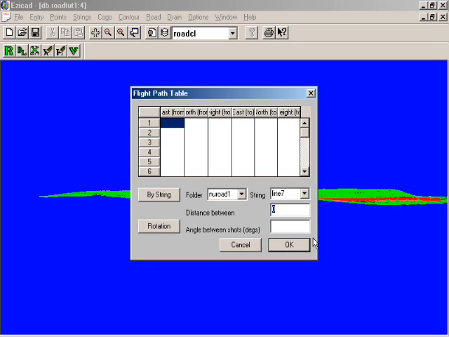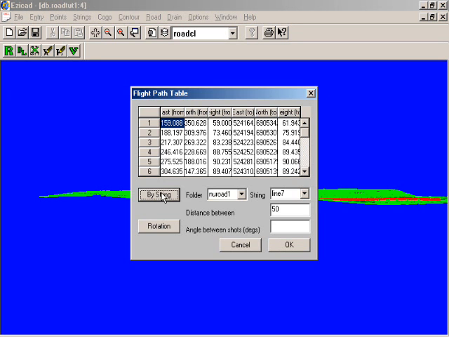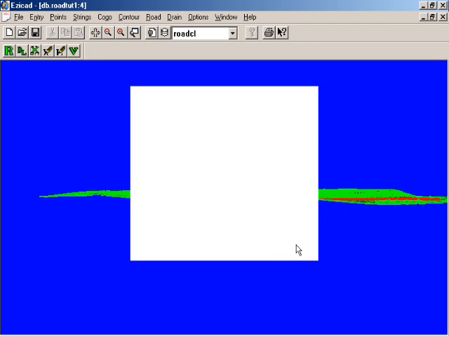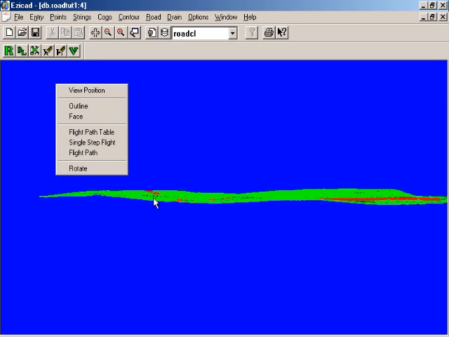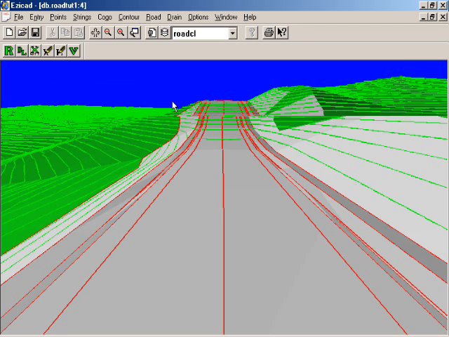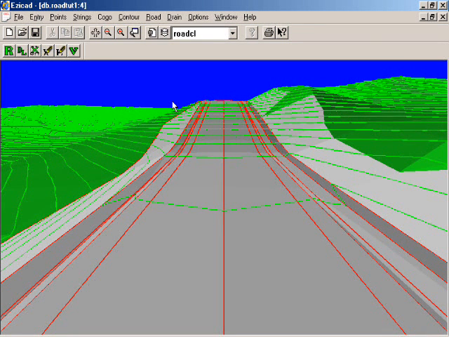Once that's done, you set a distance between the shots, and here we'll use 50 metres, and then click on By String to fill the table in, and then click OK. And this will store away a record of where the program is to take pictures. Right click again to call up your 3D menu and click on Flight Path. At this point, be prepared for a delay, and the delay will be in direct proportion to the speed and grunt of the computer you've got. But once it's finished, it will bring up